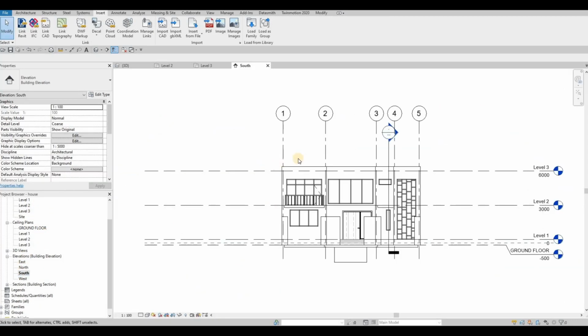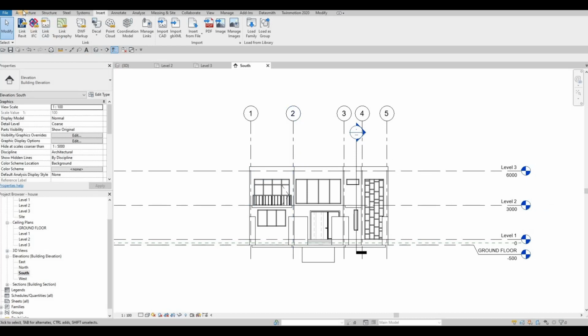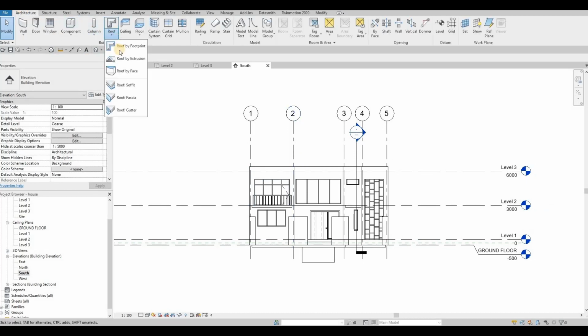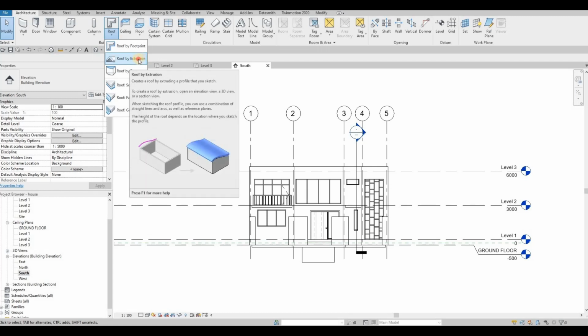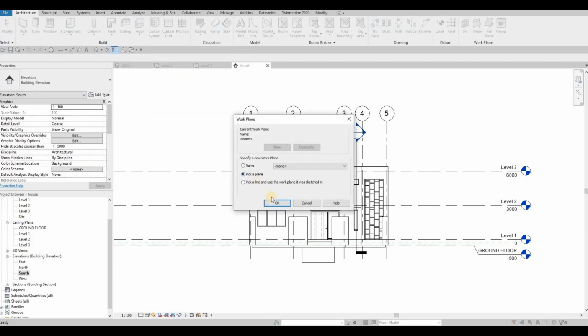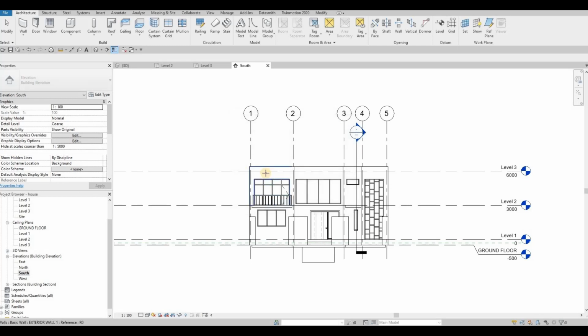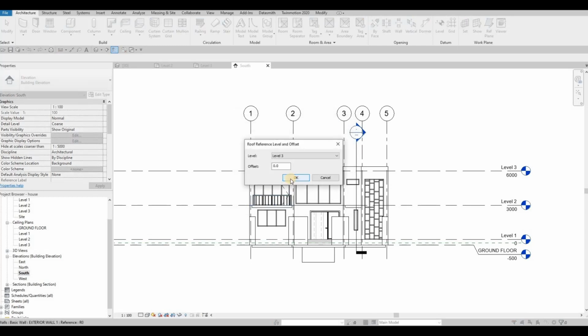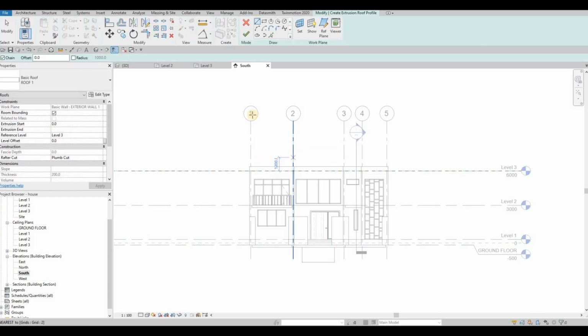We need to go to our south elevation. So click on south, and we just need to create a roof by extrusion. So I'm gonna click this one, pick a plane. I'm gonna select this wall right here. Level 3, no offset, and then I'm going to slope it down. So right here,